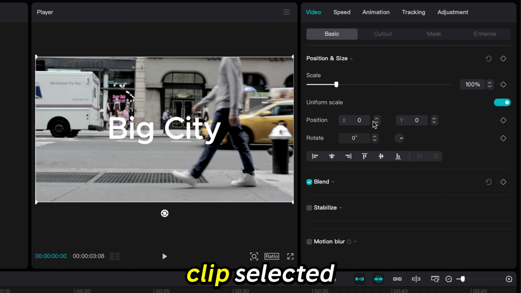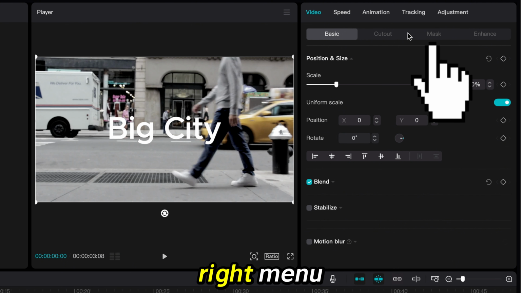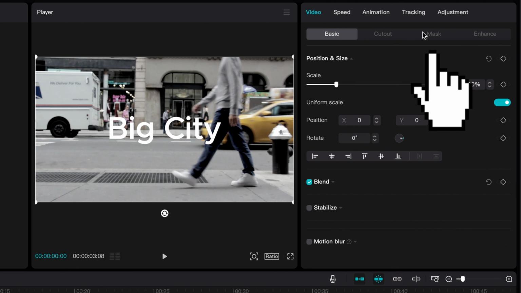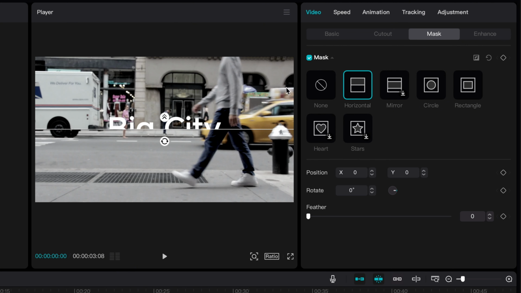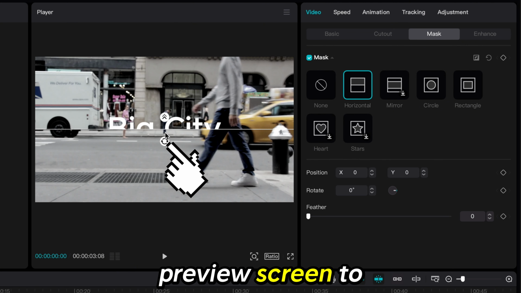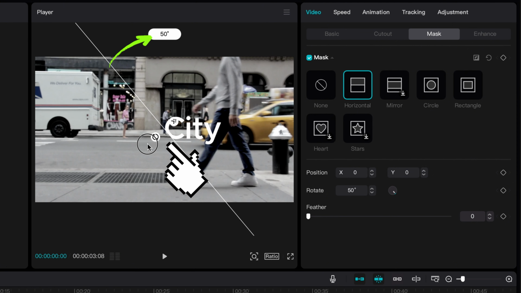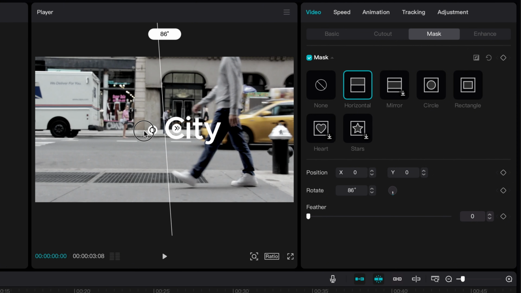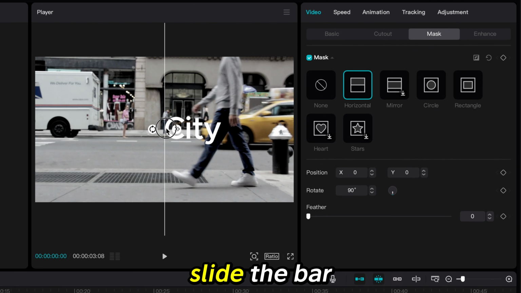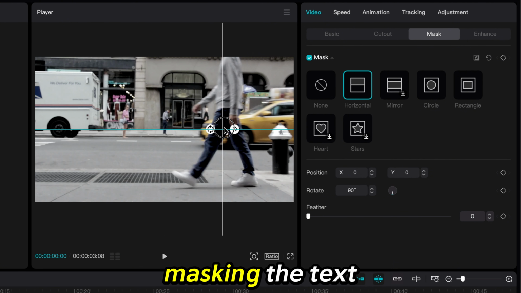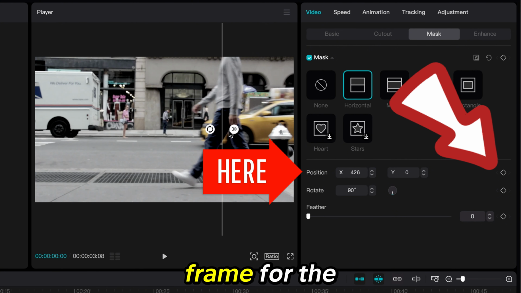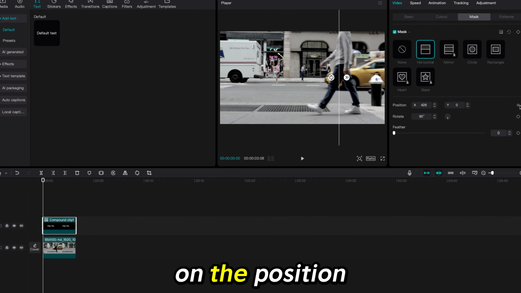With the text clip selected, I will return to the top right menu and select the Mask tab. From there I will select the horizontal option and turn the bar in the preview screen to 90 degrees. Now I will slide the bar over the words and place it on top of the man in the shot, masking the text, and I will add a keyframe for the position of the mask on the Position section of